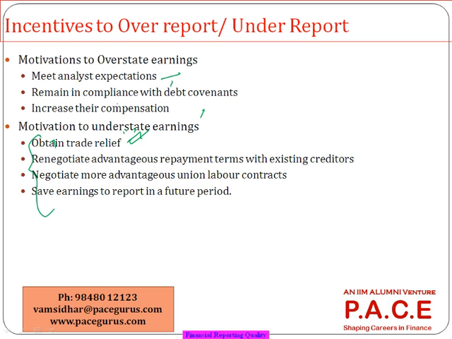Right? My profits are completely down. Look at my P&L statement. I'm almost running into losses. So give me some subsidy. I can apply for a trade relief. I can apply for a subsidy from the government. And even I can negotiate some terms with my creditors. You give me a 30-day more credit period. I'll pay it back to you after 30 more days.